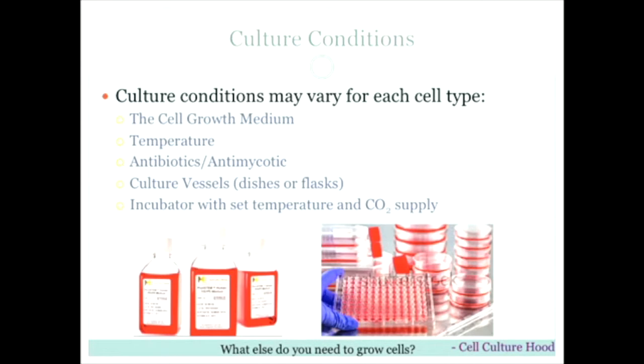And cell culture vessels, dishes, or flasks: now everything is disposable and made of polystyrene. Once you have your dish with your cells, you have to put it in equipment where the temperature is kept at the same level, and also the gases, as CO2 supply for cells is set up, usually at 5%. So you have to have a CO2 incubator.